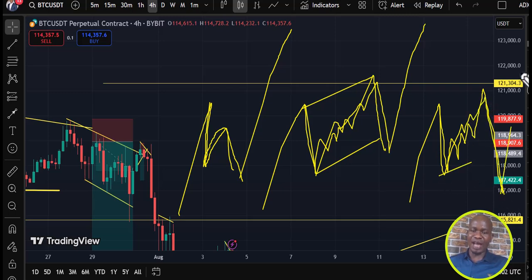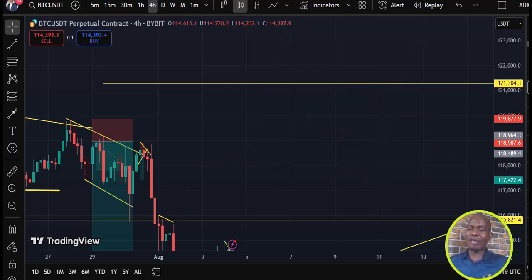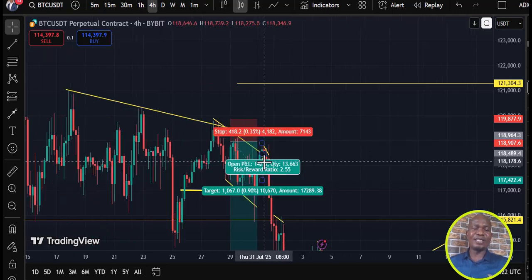The market should be pushing high from here. So looking at these three forms, once you master this, any time frame you are in, you should be looking out for this kind of pattern. Once you see them, you take advantage of it, and you'll be able to make a massive profit.